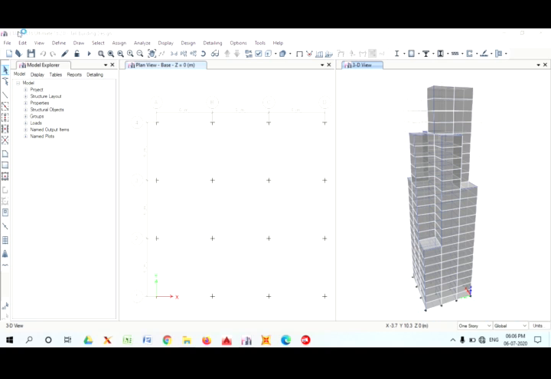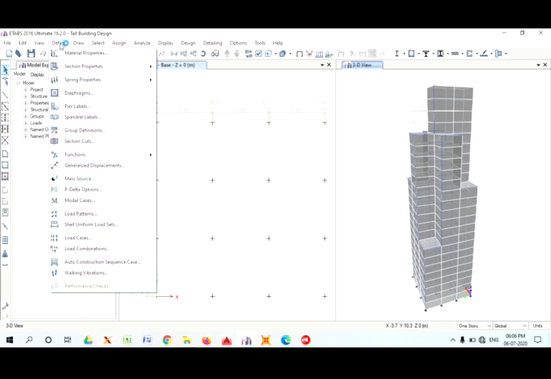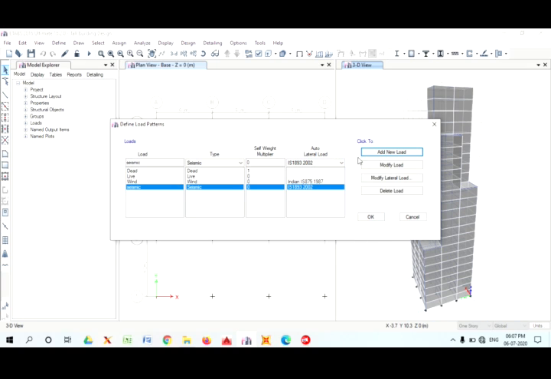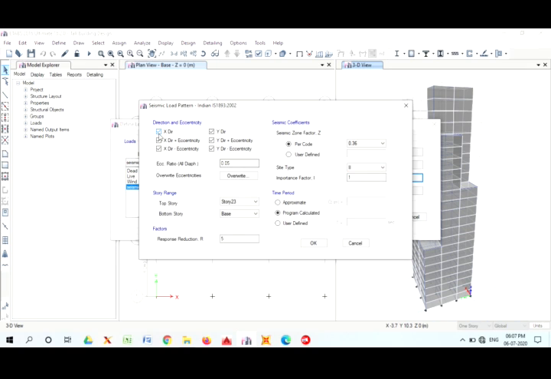Go to Define, go to Load Patterns, give the load as seismic, load type is seismic, choose the appropriate code, then click Add New Load, then select seismic, modify lateral load, choose only X and Y direction, remove the eccentricities, the zone factor, importance factor, and the